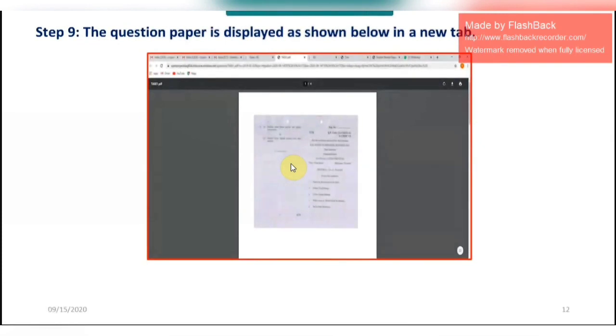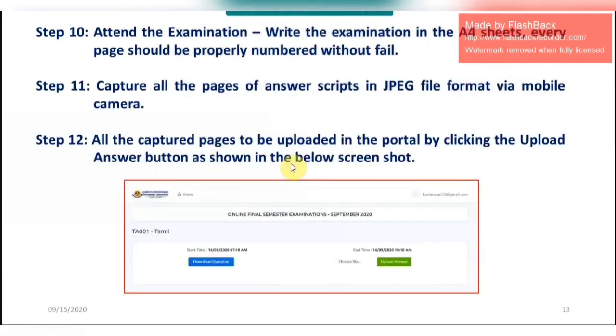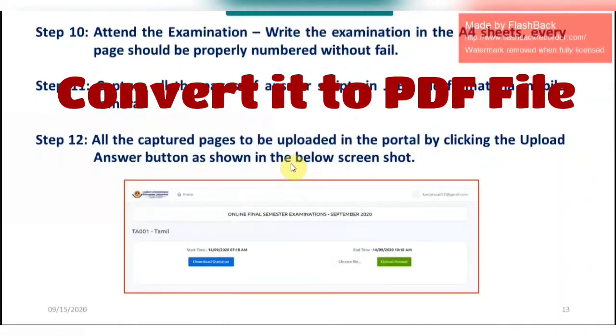After seeing this question paper, they have to attend the examination. They have to write the examination on A4 sheets. Every page should be properly numbered without fail as 1, 2, 3, 4, 5, 6, etc. After completing the examination, they have to capture all the pages of the answer scripts in JPEG file format via mobile camera.